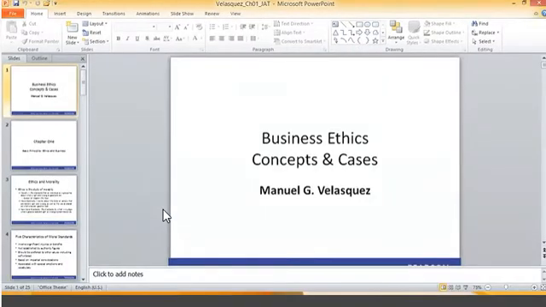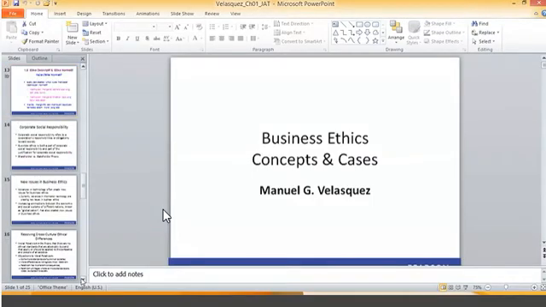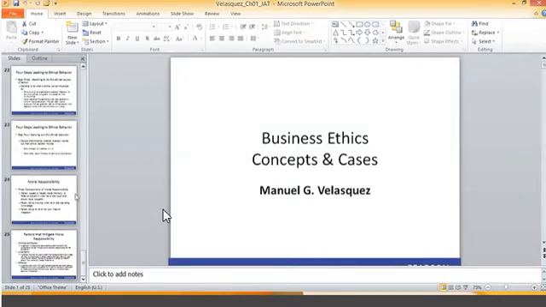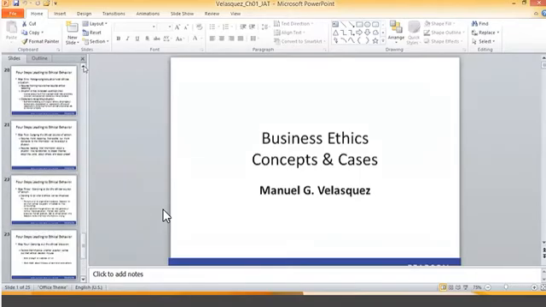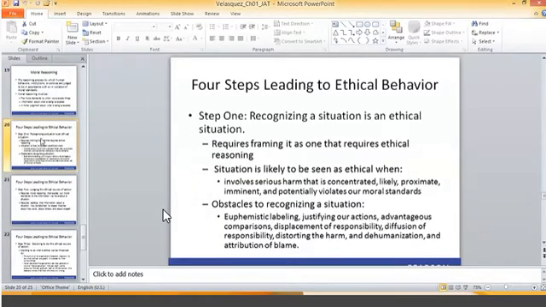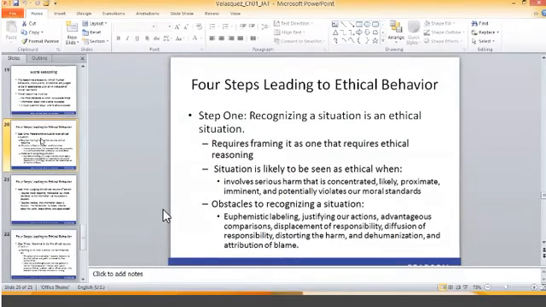Okay, now chapter 1, we continue. There are a few more slides, not more than 5 slides if I'm not wrong. Then we will continue with chapter 2. If I'm not wrong, in our last meeting we were discussing moral reasoning, correct or not? We have done moral reasoning. So we stop this and, as I said, we're going to discuss the steps.